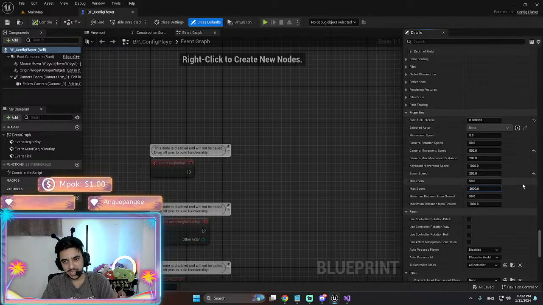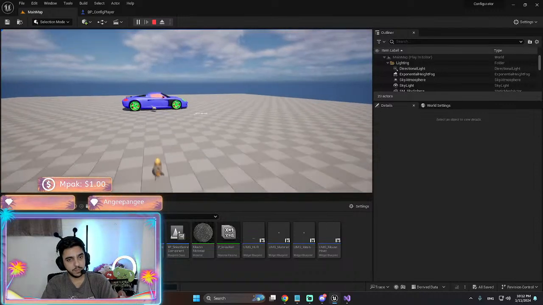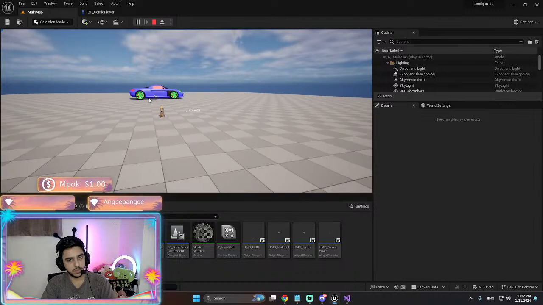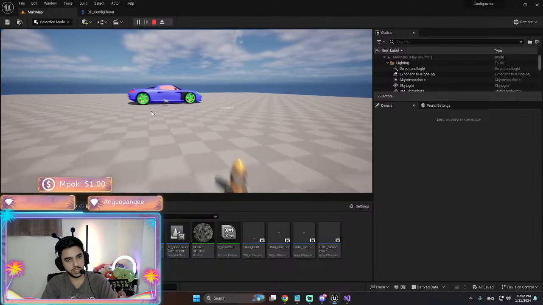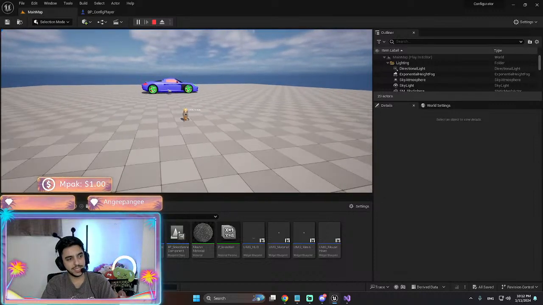Okay, so maybe I set it to 2000. Yeah. So doesn't matter what kind of mouse you have, it always zooms the same.